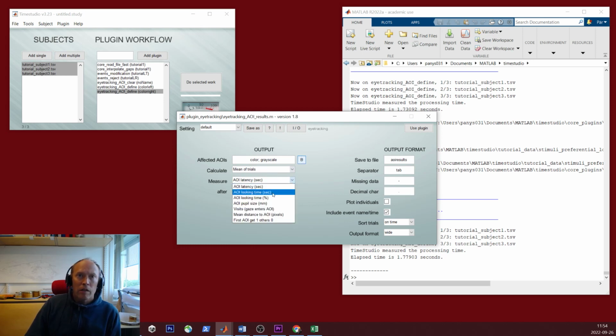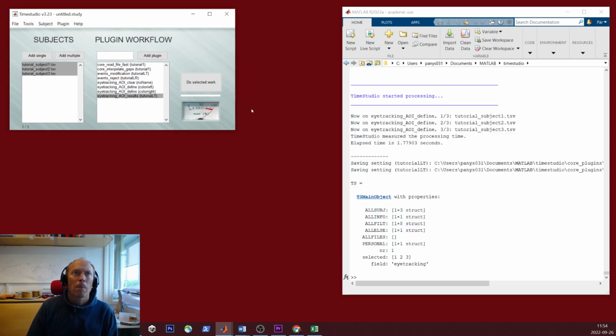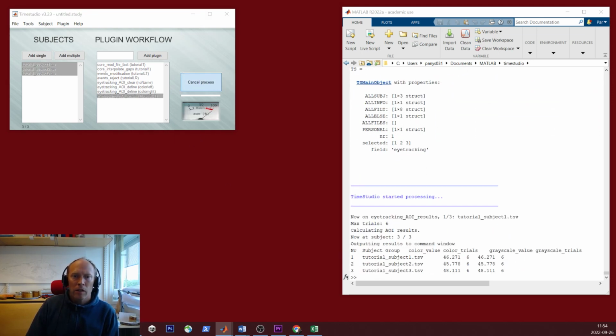We can take it in percent, and we can also change the output format to long. Do it like that. And if I run this plugin, I will then get a